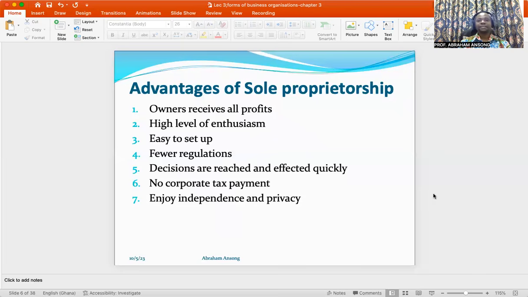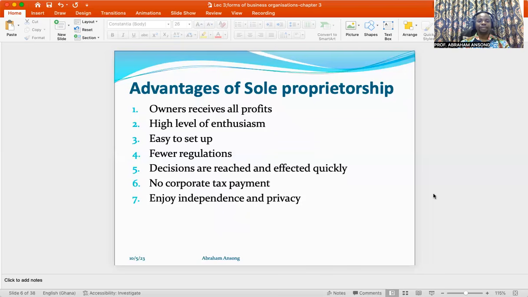But the income of the business will be treated as the income of the sole proprietor. And so personal tax will be applied to all of the income that will be coming to the sole proprietor. It's an advantage here because most of the time the corporate tax rates tend to be higher than the personal income tax rate. So if you're operating a sole proprietorship, most of the time you will be paying the personal tax rate instead of the corporate tax that bigger corporations or entities will be paying.